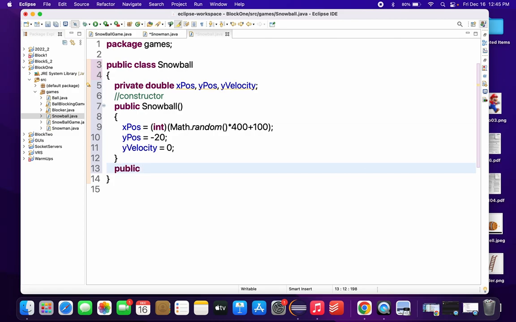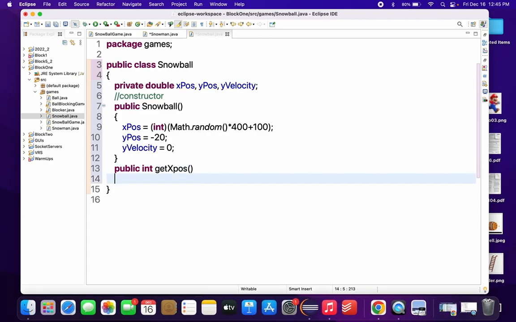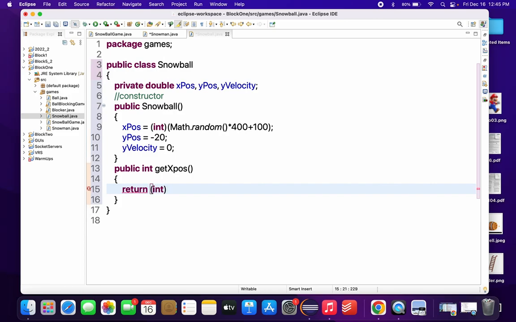Now, as per normal, we'll do get x position, and we will return, and we will cast it as an int, x position. So when we draw it inside Paint, this will be how we send over the snowball's x position. And then the other getter method,